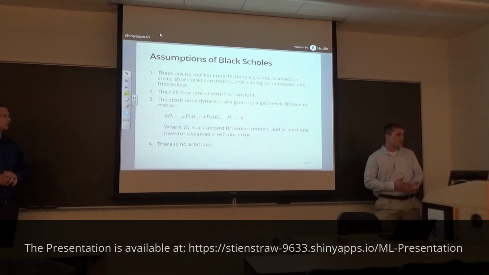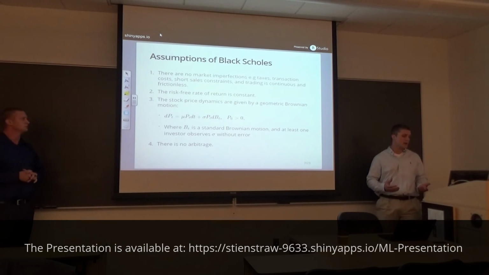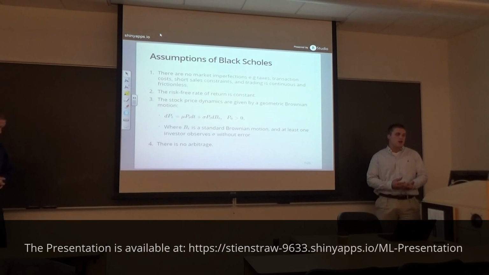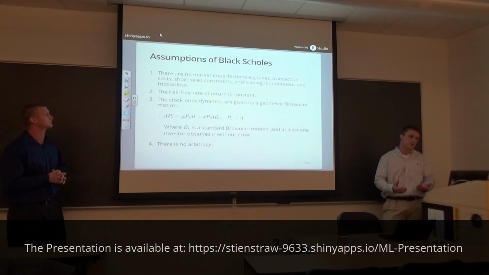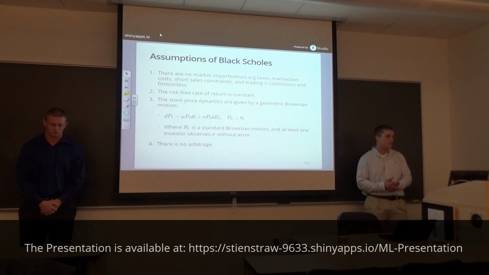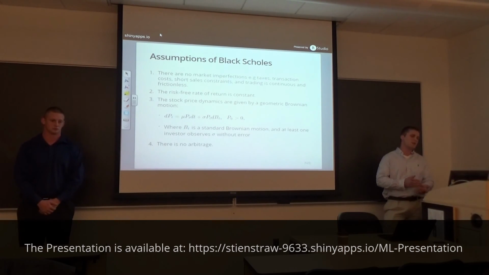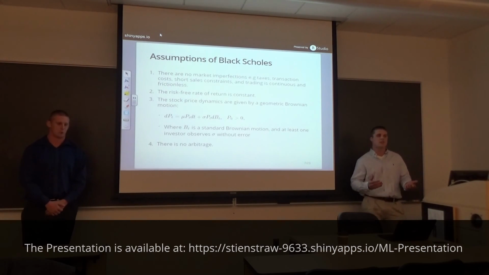Okay, getting into some of the assumptions of the Black-Scholes, which are key to the model. First and foremost, there are no market imperfections. In other words, the markets are perfect. This is a common economic assumption that is made to make real life more understandable, so it's not that far-fetched. The second assumption is that the risk-free rate of return is constant. That's not far-fetched either. Typically, this risk-free rate is derived from U.S. government issued bonds and the interest rates on those. You'll see later in our data set, we looked at a 3-day time period. The interest rate on bonds issued by the government aren't going to change in a 3-day period, let alone